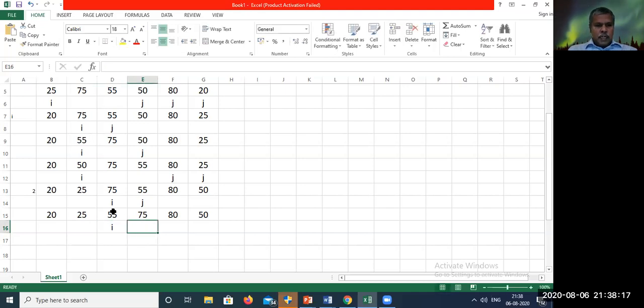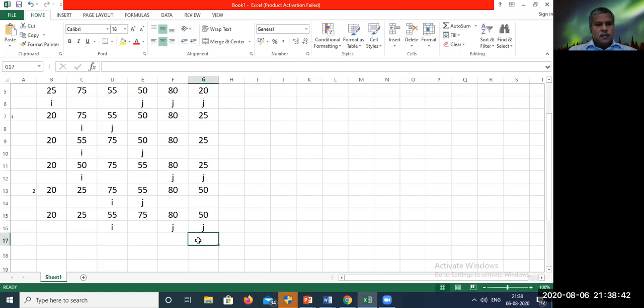Now I is in the third place, so J will go to the fifth place. Here the fourth place is available. Now it goes to my fifth place. My condition is checked. The condition is false because 80 is not less than 55. So J will go to the last place.